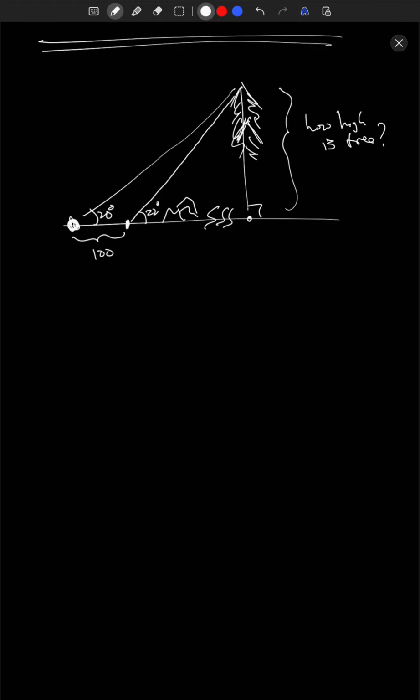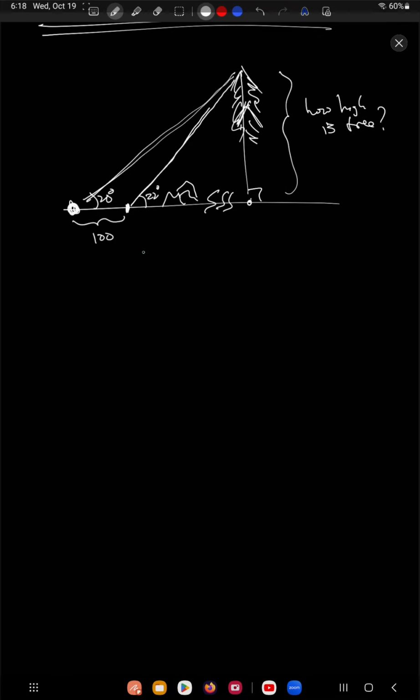Okay. So before, the way we did this was we considered two right triangles. So the big right triangle here, the tree and the ground. And then the small right triangle, the 22-degree angle, the tree and the ground. And then we did some kind of calculations using that, right? Now we're going to use the law of sines. So the way we're going to start is,